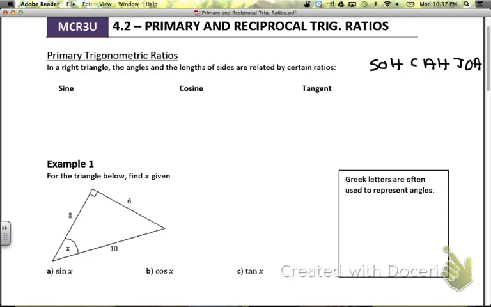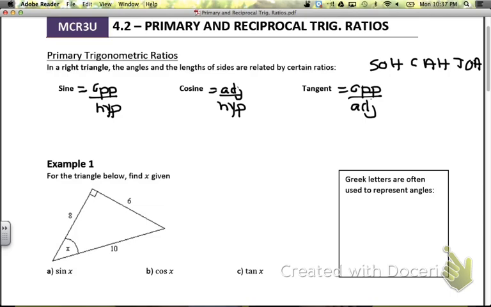So using SOHCAHTOA, we know that sine is going to be equal to our opposite over hypotenuse. Cosine is going to be equal to our adjacent over hypotenuse, and tangent is going to be equal to our opposite over adjacent. So now in our first example here, what we want to do is we want to look